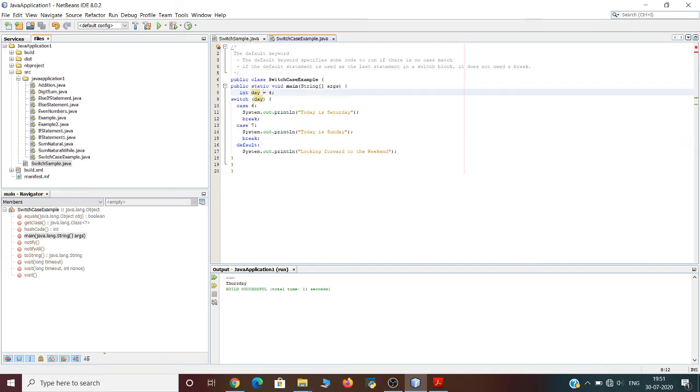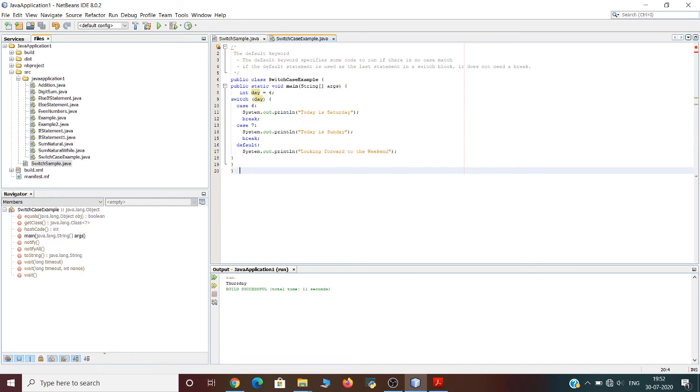Now this is the same program, wherein the value of the expression is given as 4. We will first compare the value of this expression with the values of the different cases we have. We can see there are two cases given, case 6 and case 7, and none of the cases has a value of 4. Therefore none of the case values matches the value of the expression. So if there is no case match, then the code block contained in the default case will get executed.